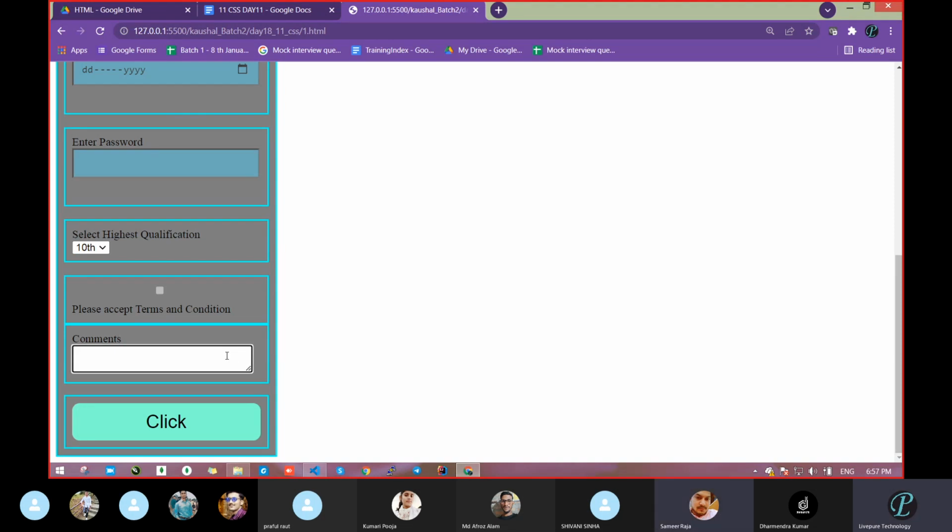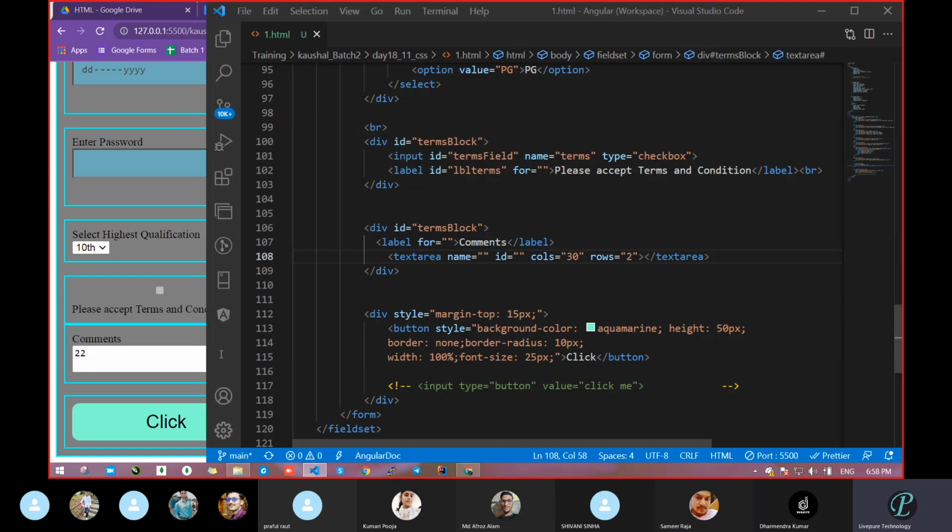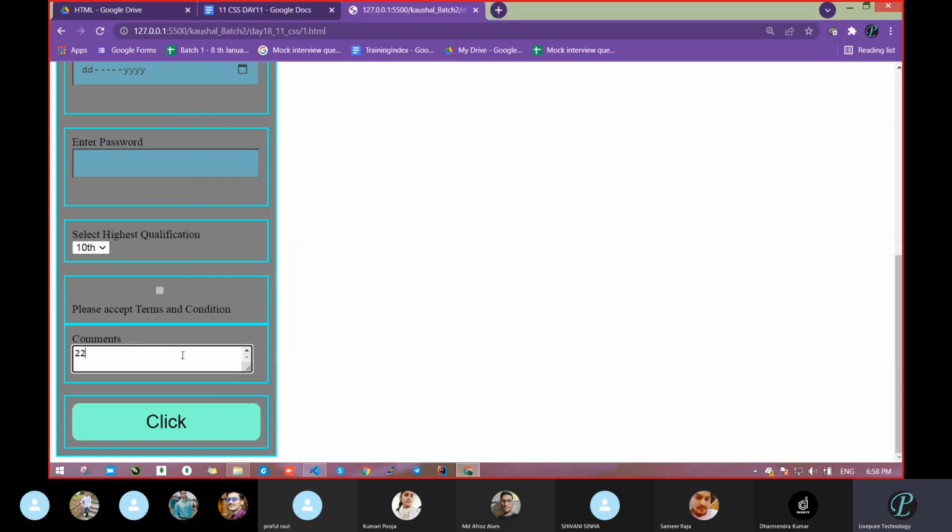It came here. You can pass only 2 fields. Now up to this, you will not get a scroll bar. But when you start typing another, you will get a scroll bar. Got it? This is working in this case. And with the help of this column, it is giving you this space on the left side.